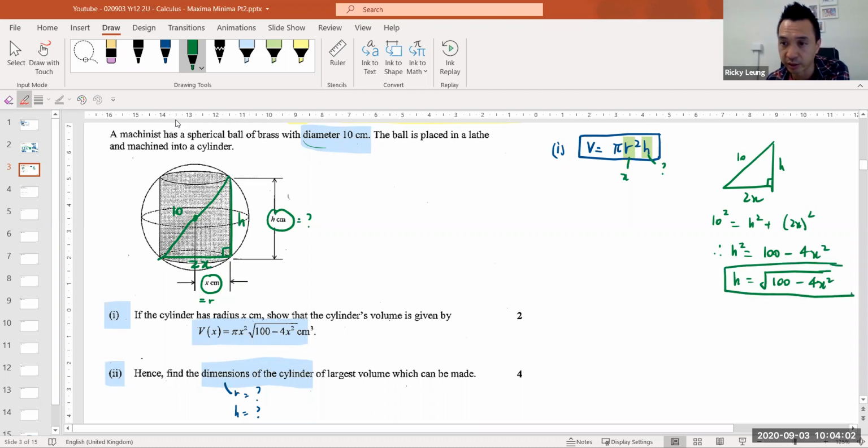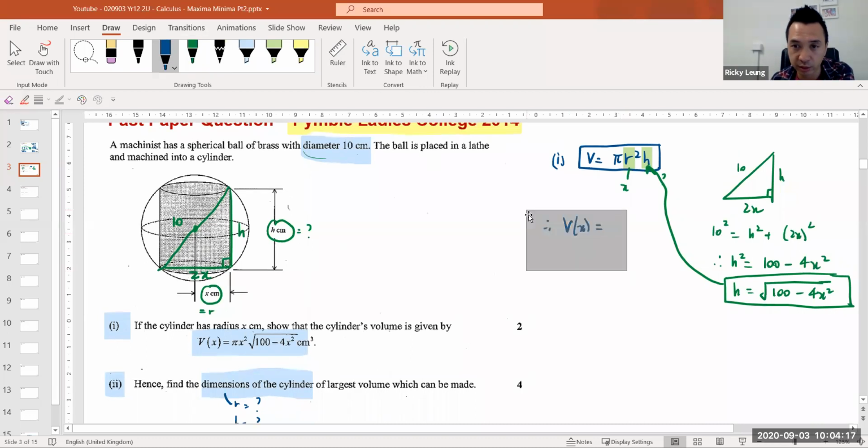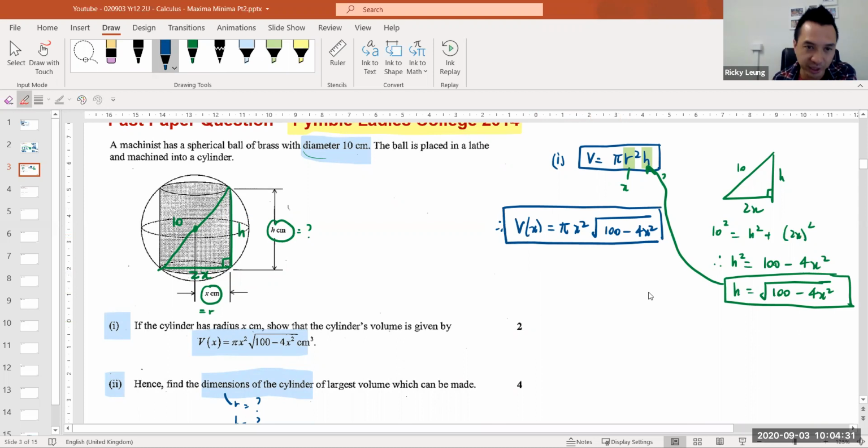And there it is, guys. I have my equation, which I will replace into here. And I can conclude, therefore, volume as a function of x equals, I won't fit it in that space, so I'm just going to move it over here a bit, pi r, so not r now, it's x squared, and then the square root of 100 minus 4x squared. Pretty stock standard there. I guess the trickiest bit there,